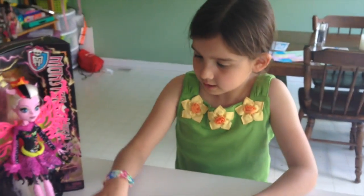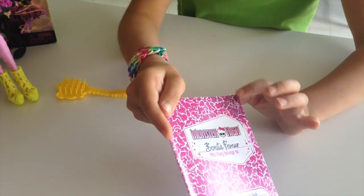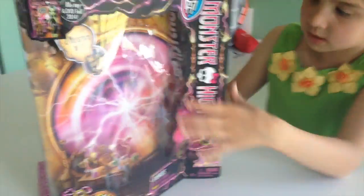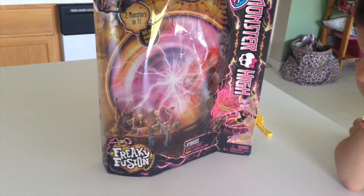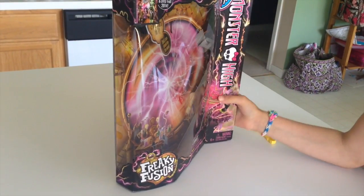So that's her diary. And there's a spider web in the corner right there. Cool. So I'm going to show you her box. Stay over here, please. Okay, so inside here, it's like her room, kind of, and in her room, it's like a thunderstorm going on there. And she's the freaky